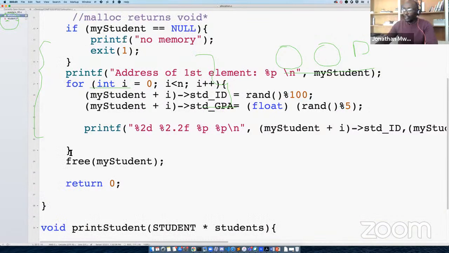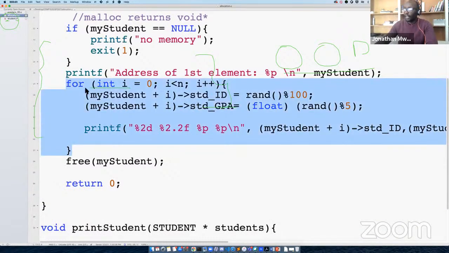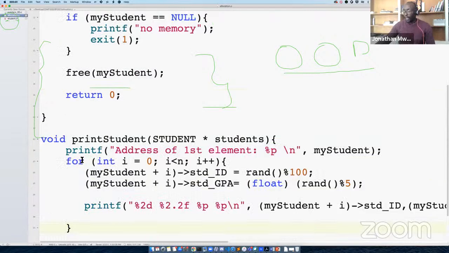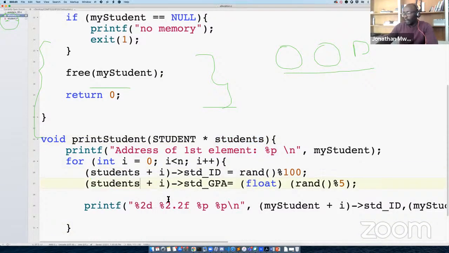And what we want is to just print out this stuff. So I'll cut this and I'll just print it here. And anywhere there was my student, I can just put the students. Remember, I'm not doing anything else.